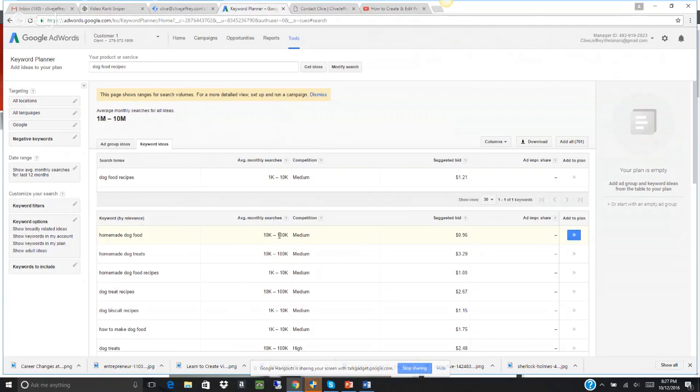But it doesn't matter, because the tool that we're using will do all the work for us. If you don't want to get the tool, here is what I've done in Google Keyword Planner: I searched for dog food recipes and looked for different ideas. I clicked get ideas, and this is what it's brought up for me.